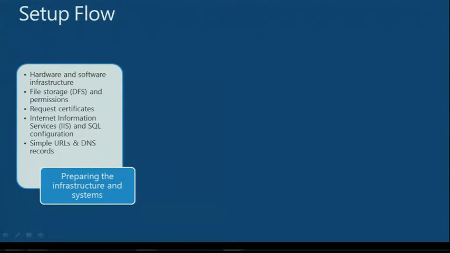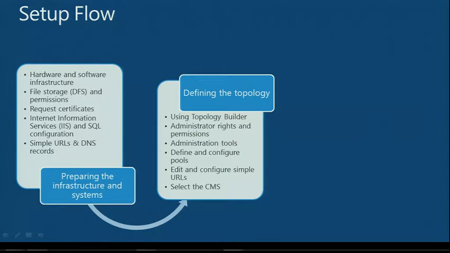You'll also need to define your simple URLs and DNS records. Again, those will be exported for you easily from the planning tool. Your simple URLs is just a short name we have for essentially join.companyname.com and admin.companyname.com, for example, for people to have that one-click join experience from a browser or from a Lync client to